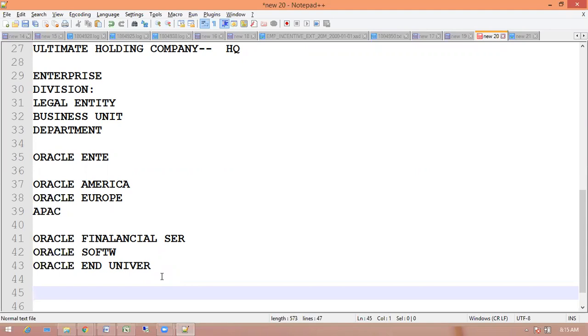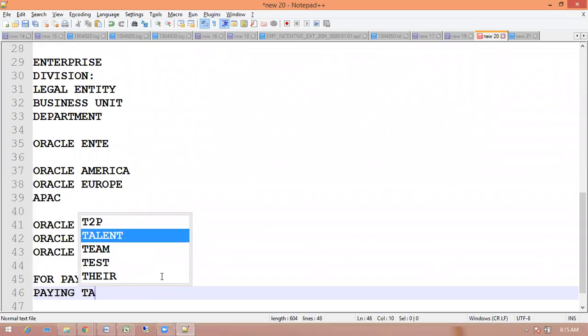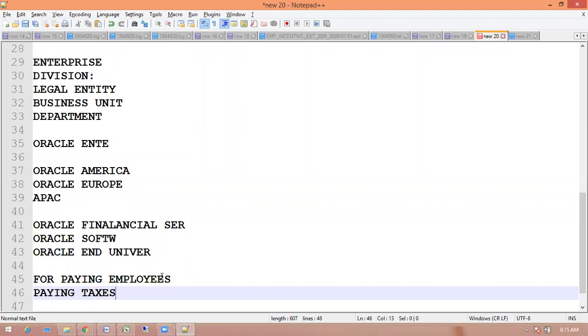So when does the legal entity come into the picture? It's country specific, right? No, it's not about country specific. It's about which company is responsible for paying employees, paying taxes, social security related.